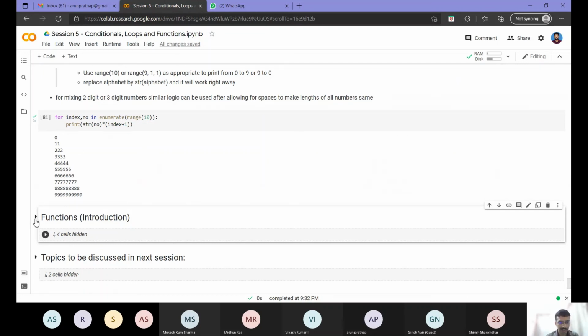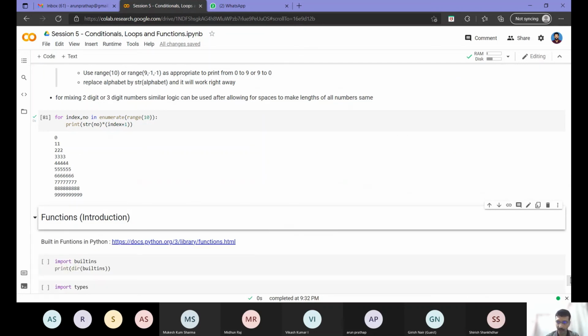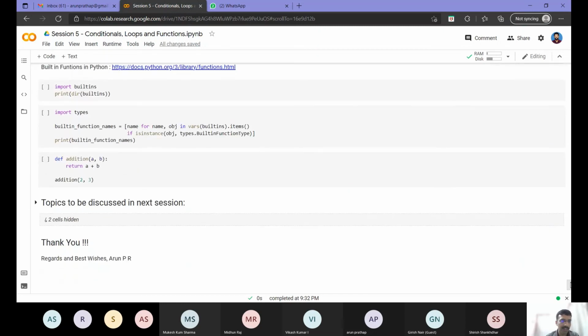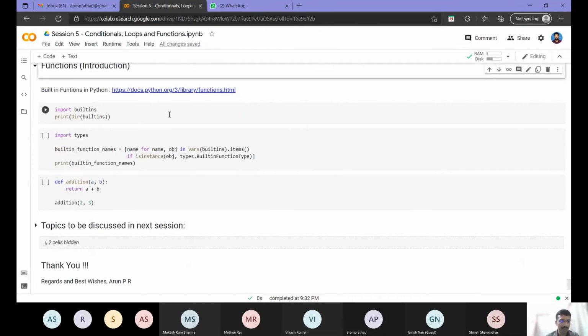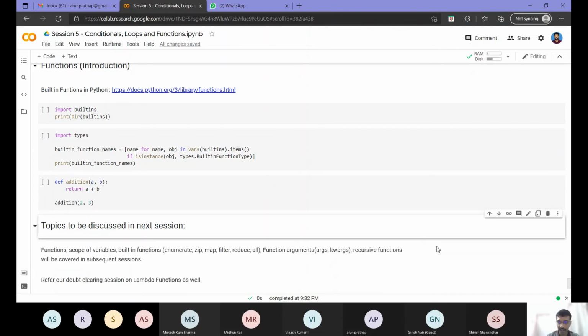So basically, in the next sessions we will be seeing functions. You can go through these portions as a precursor. One is the type of built-in functions in Python. These commands will tell you what all the built-in objects are, and the second command will tell you what the built-in functions are. And we saw this third function in the first session. So you can just browse through this and the first session as well, so you can refresh that and keep it.